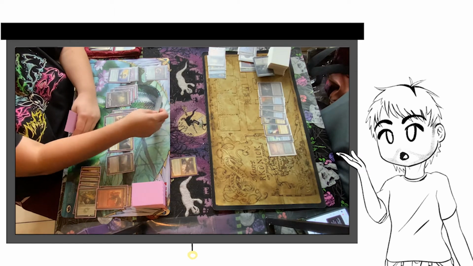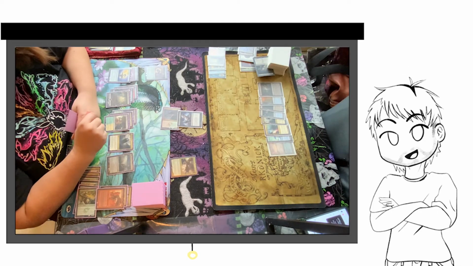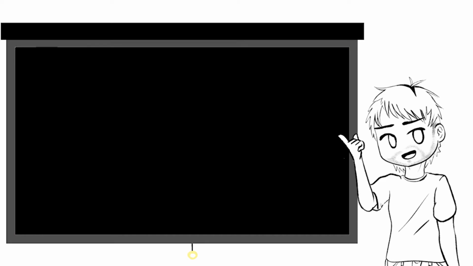For another example, to show a way to use your removal to counter tempo, as you can see, I have no creature on board and my opponent has a creature on board. By using my removal spell, I'm able to set back their game plan, thus denying them tempo or giving them negative tempo. The next way you can get value out of your reactive spells is by using them to generate